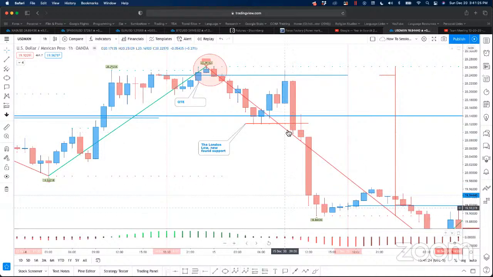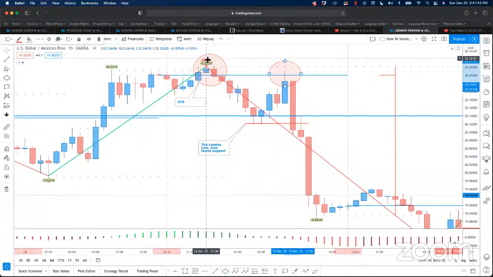Now, from this London low, we trade back to the opening price. This is happening at the New York opening. And this could be your next optimal trade entry on these two candles, where we've already traded above, we created a low, and now we are trading back to the opening price and it rejects the opening price. So we can be a little more confident that we take the trade from the top,